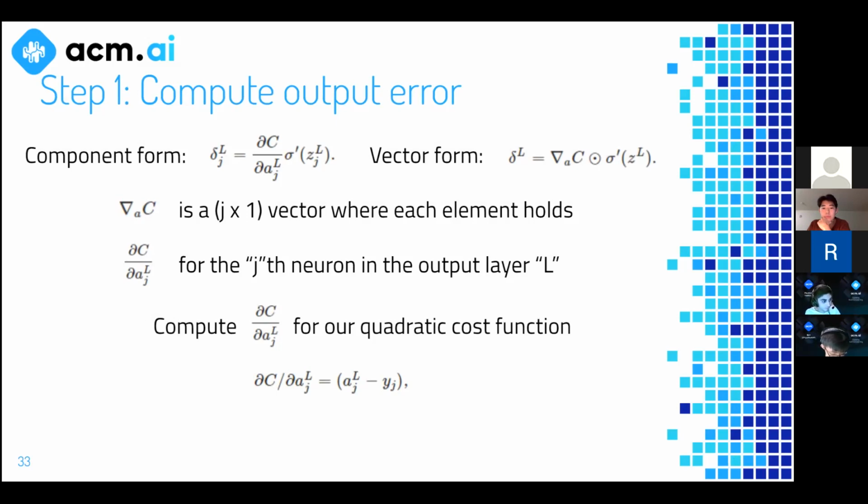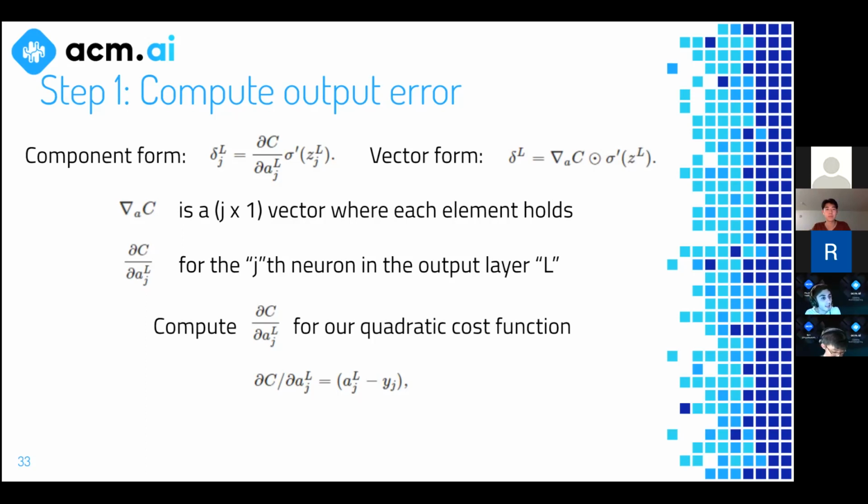Okay, we already have it. It's already given to us. But in our analogy here, remember we're computing all the errors from the last layer to the first layer. So the analogy is that in backpropagation, the errors are like the activations in the feeding forward. Instead of going forward from the first layer to the last layer, we're going from the last layer to the first layer. Now, we already had the input activations in feeding forward, but we don't already have the output errors for that last layer in our neural network.